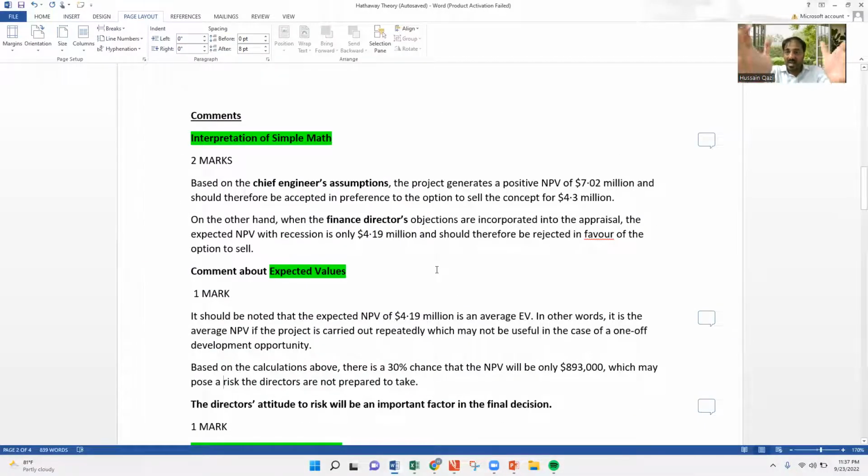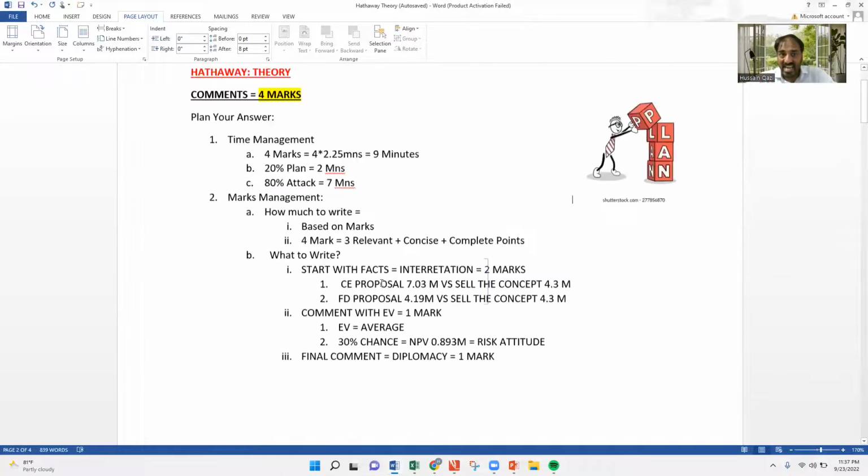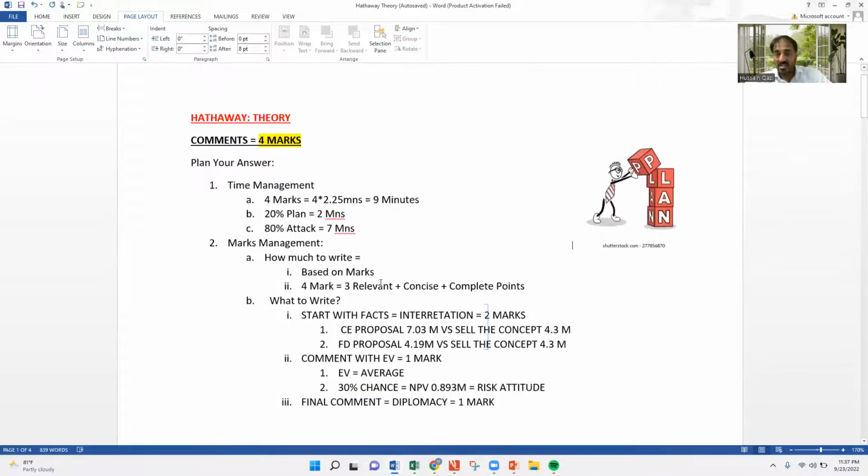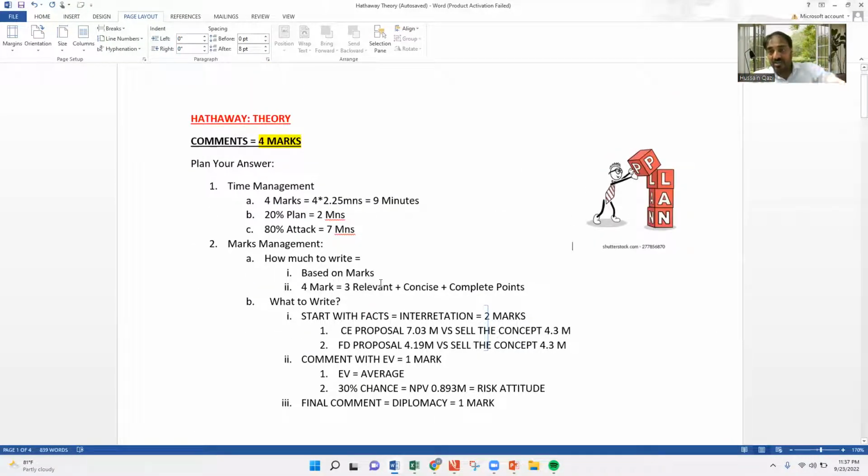Then I applied all the things with this particular answer, where I emphasized first, before attempting any part of the question, either calculation or theory, you have to plan the things accordingly. First of all, I have to plan. What is the meaning of plan? Plan includes time management, plan includes marks management. Then I said to you that with the marks management, you have to cover how much to write,